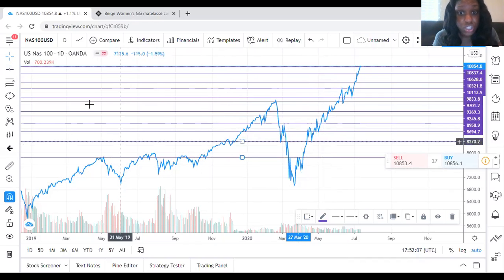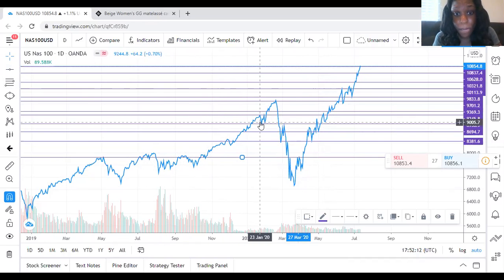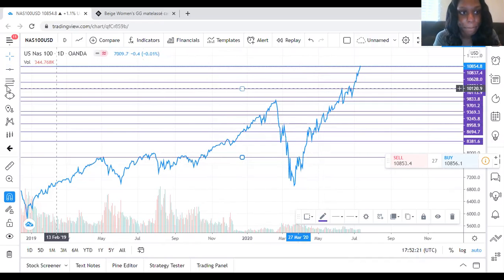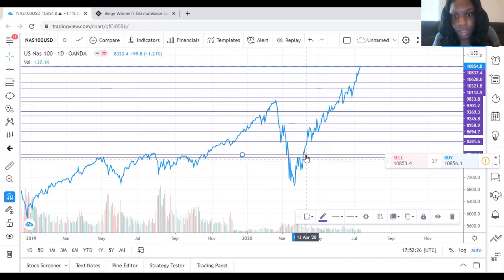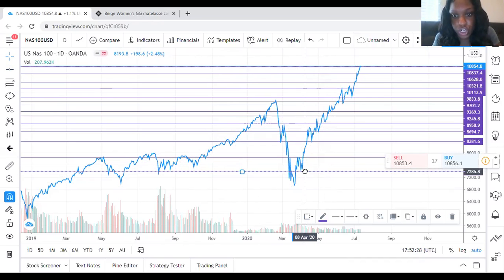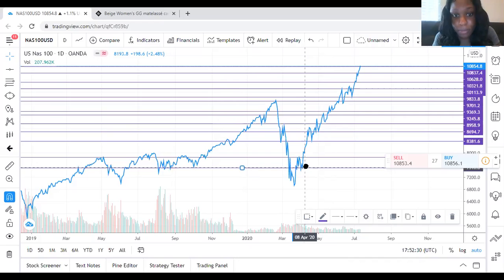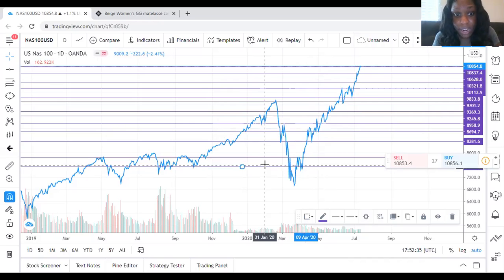It played as a support and it played as a resistance. Zones truly take time, but honestly, the market takes patience. It takes patience to get in that good trade. So that is why it's important for you to